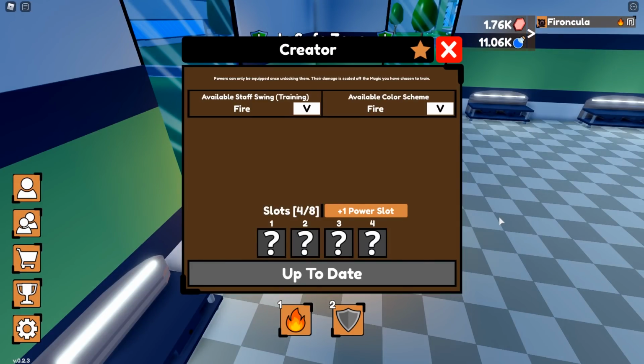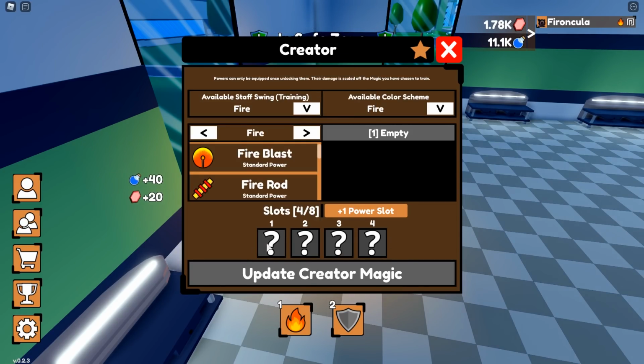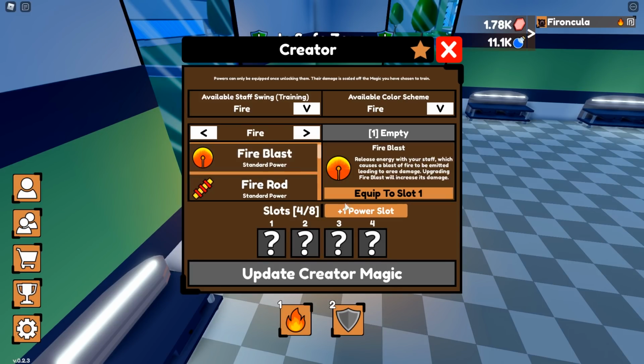Now, the Creator Workbench. You'll want to buy Creator Magic, then come here. In order to get more than 4 power slots, it's 50 Robux each. Okay, so first you'll want to click any of these slots, and then select the magic that you want to select it to. So for me, I'm going to use Fire Blast, Fire Rod,